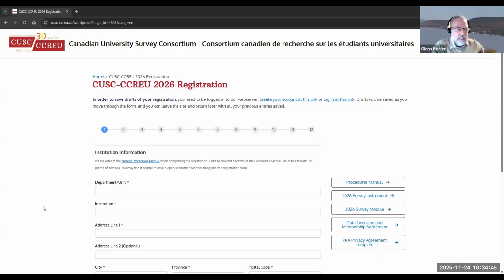All right. So when you go to the page in the first place, it will probably look somewhat like this. So here you can see that it's telling you this is the registration page, and at the top it talks about being able to save drafts of your registration. So if you want to be able to save drafts of your registration as you go through, it's reasonably lengthy. You can do it in one sitting, but it's helpful sometimes to have it saved so you can look things